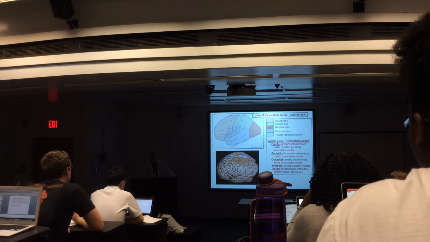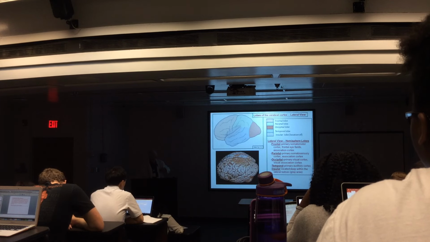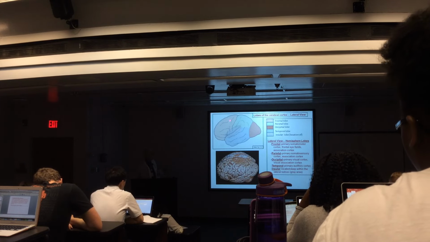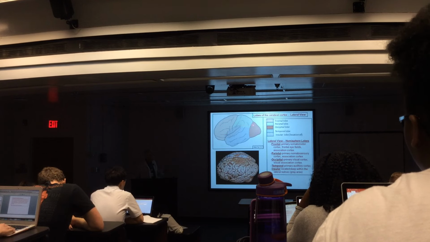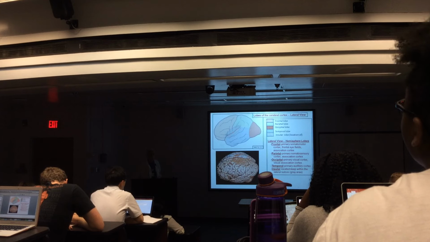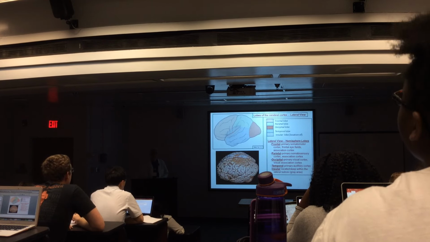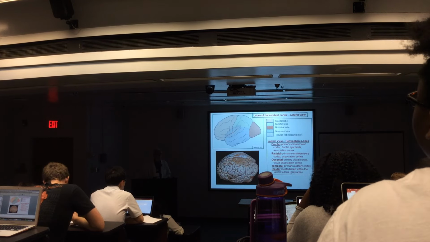Now, lobes of the cerebral cortex. We know there's a frontal lobe right here, parietal lobe, occipital lobe, temporal lobe here, and deep to the Sylvian fissure, the lateral fissure, is the insular lobe. The only other lobe we have, the limbic, is on the